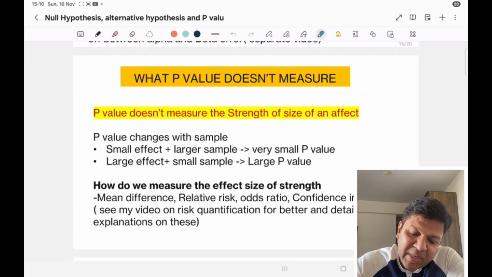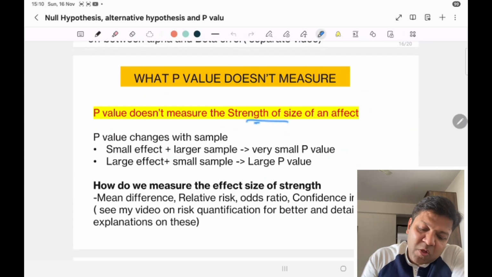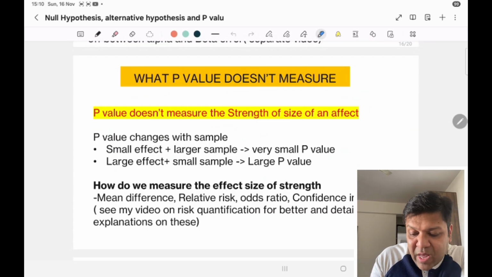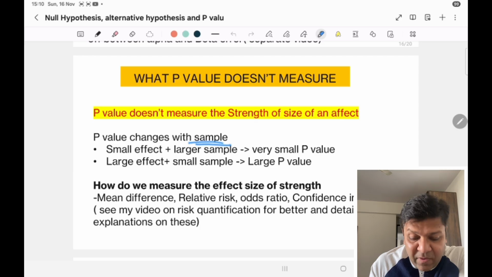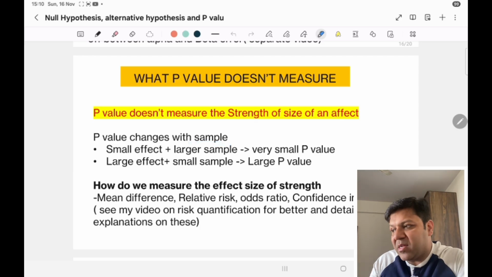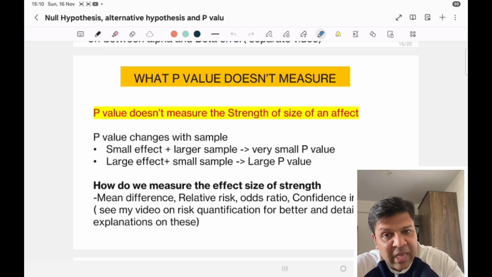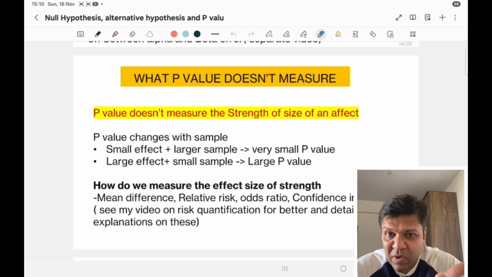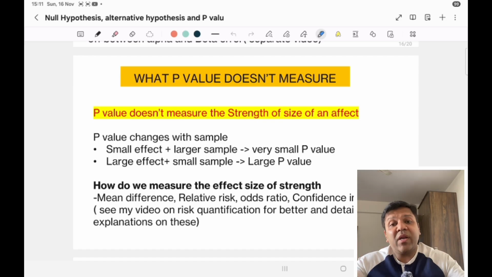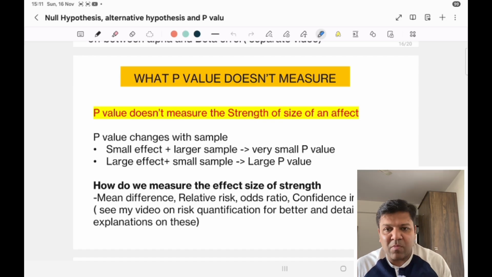What p-value doesn't measure. P-value doesn't measure the strength or size of an effect. P-value changes with sample size. I make a statement here. If there is a very large sample, even a small variation or a small effect will show up. That means p-value will be less than 0.05, because that is the measure of statistical significance. You have taken a very large sample size, but there is a very small effect. P-value will be low because your sample